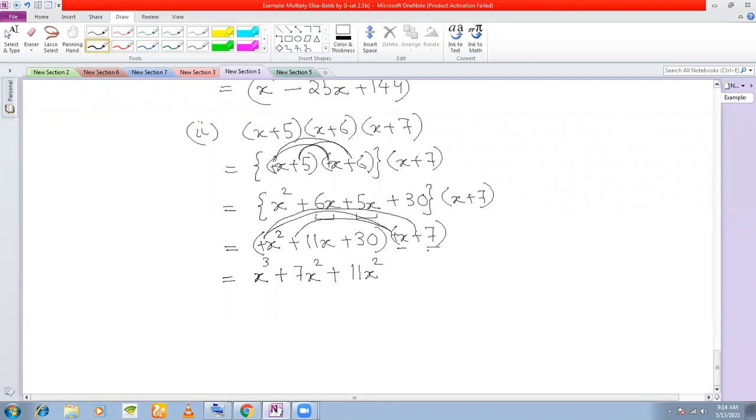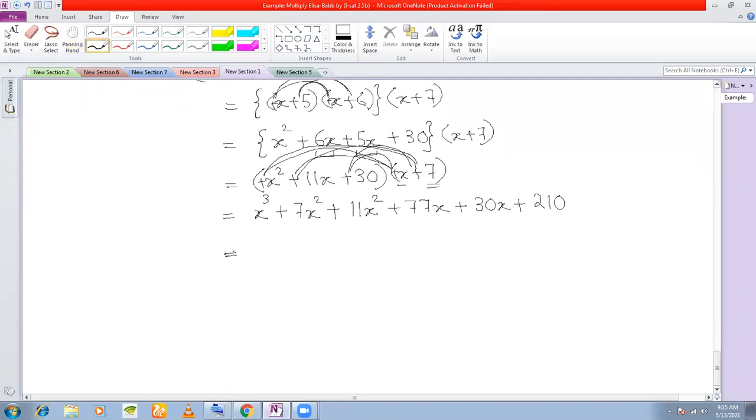So now 11x I have multiplied with this x. So now 11x I must multiply with 7. So this plus sign combined with this plus sign to give you a plus sign. 11x into 7. Let me write directly since I'm writing all directly. 11x into 7 will give you a 77x. Right? And finally you have this 30 left. So this plus sign will combine with this plus sign to give you plus. 30 into x will give you 30x. And again this plus sign will combine with this plus sign to give you a plus sign. 30 into 7 is 210.